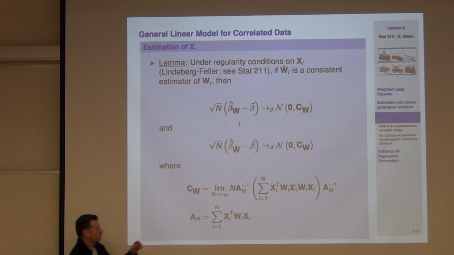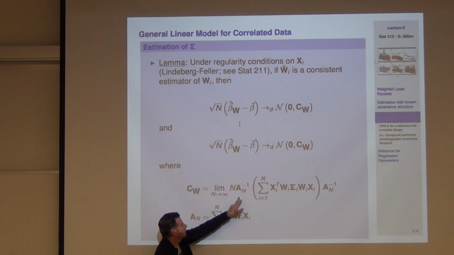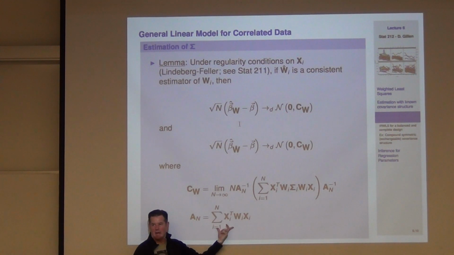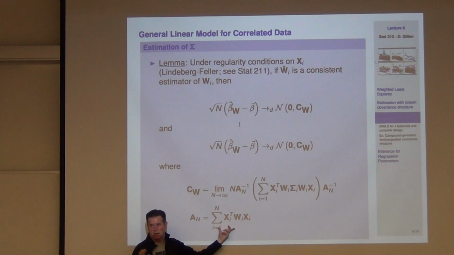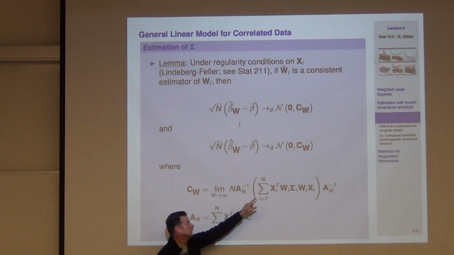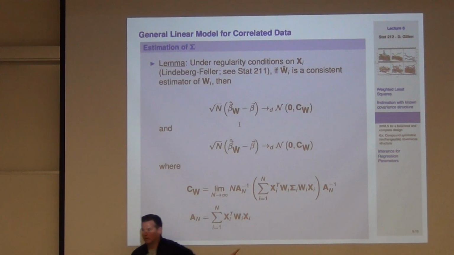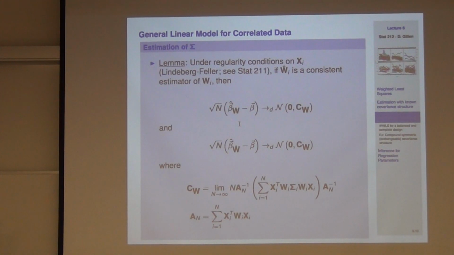So you're saying the variance goes to infinity? No. Think about it for just a second, right? A_N is summing over capital N, so this thing is proportional to N as N goes off to infinity. So I have an A_N inverse, this is like a 1 over N. This is like an N, this is a 1 over N. I've got to have an extra one in there. That's what that capital N is. It's good, you've got to keep track of these things.